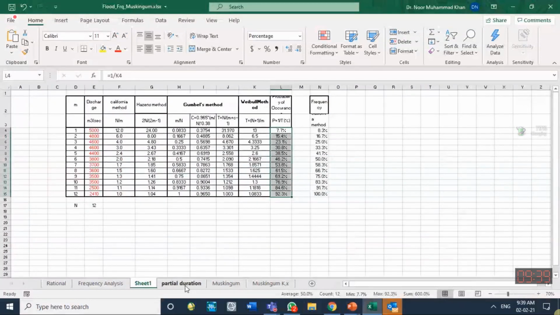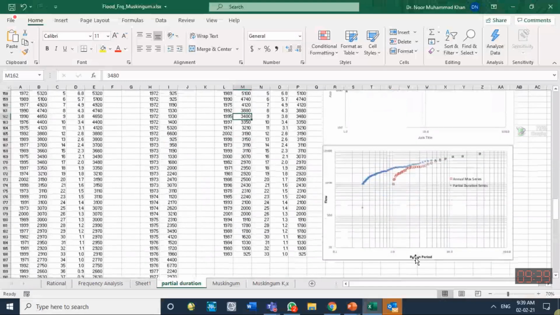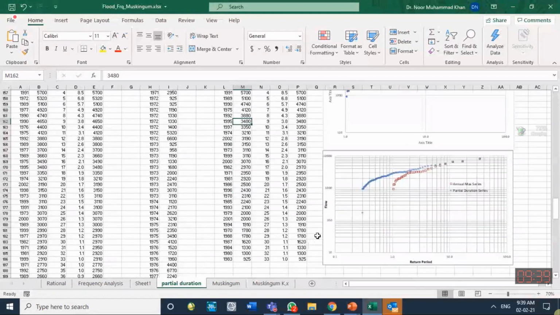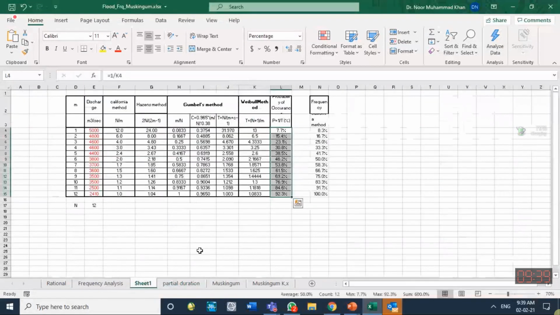The frequency distribution curve can be drawn in this way. Usually we draw it on log scales. On the x-axis, we draw the return period, and on the y-axis, we draw the flows or floods. So that is how we carry out the flood frequency analysis to calculate the time period or the probability of occurrence. Sometimes students ask, what will be the return period for floods having the same values?